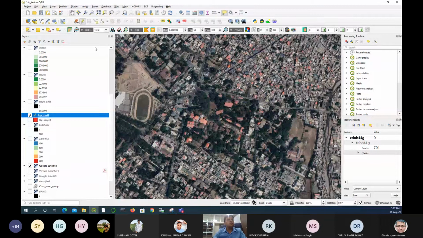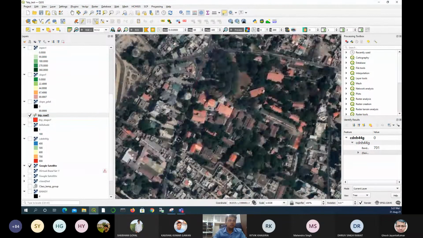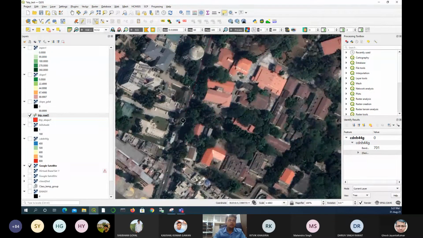You have to start editing. You have to create one more line feature. You start from here, click, click. You can zoom in a little bit so that you always follow the road.